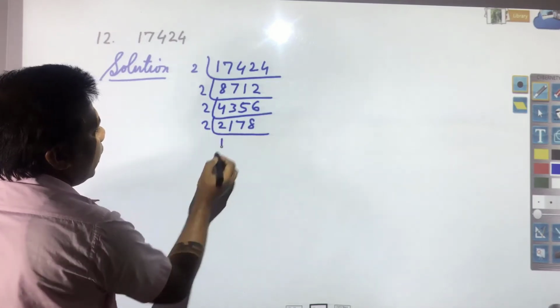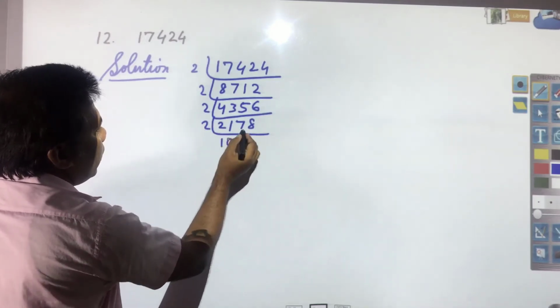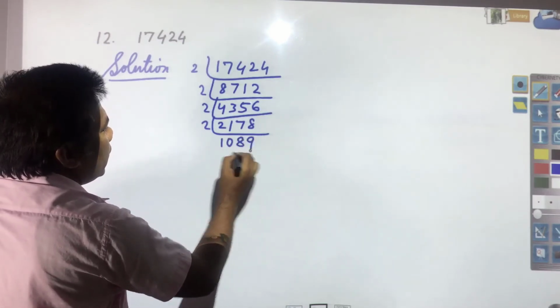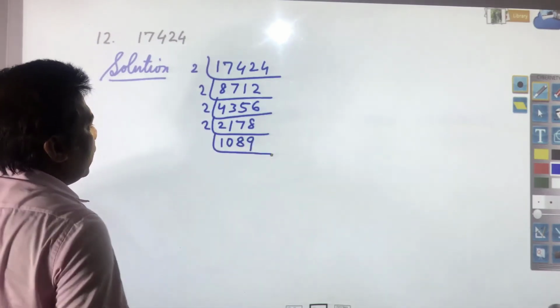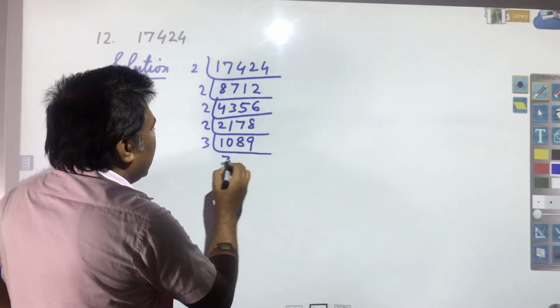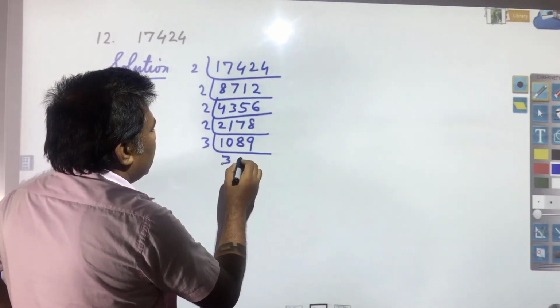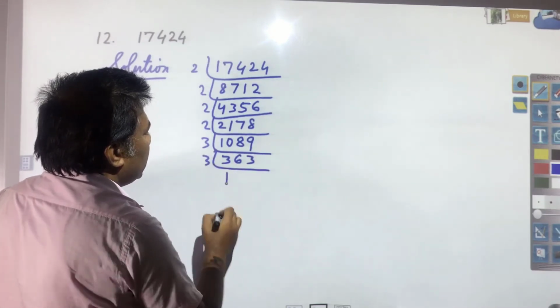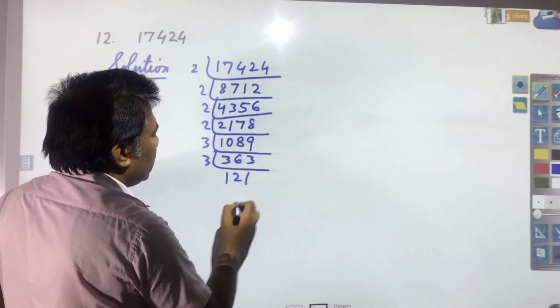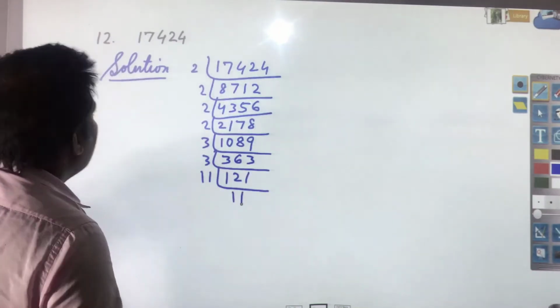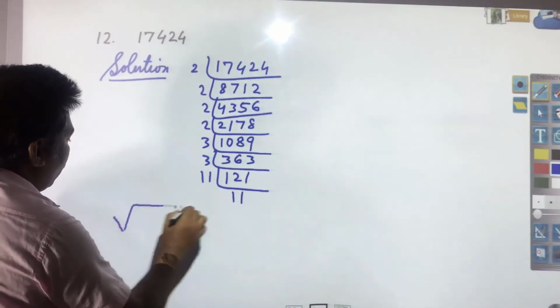here you see 1 you have, so you will put 0 over here, you have 17 now, 2 8 ja 16 and 2 9 ja 18, and then you have 3 3 ja 9, 3 6 ja 18 and 3 3 ja 9. 3 1 ja 3, 3 2 ja 6, 3 1 ja 3, and 11 1 ja 11, 11 1 ja 11. So, square root of